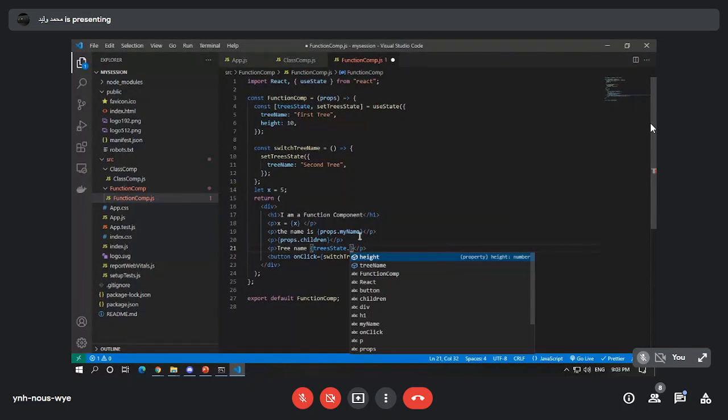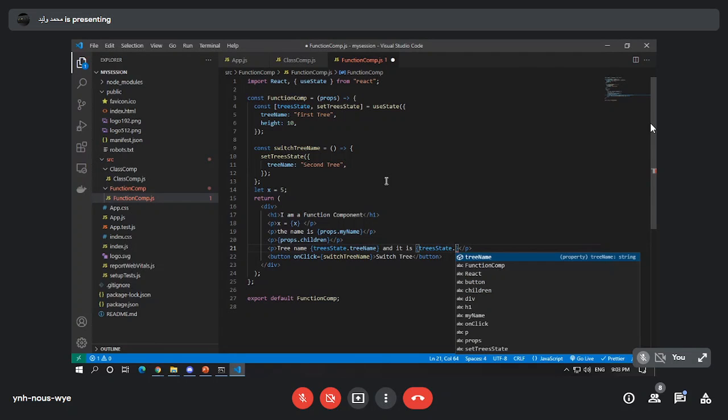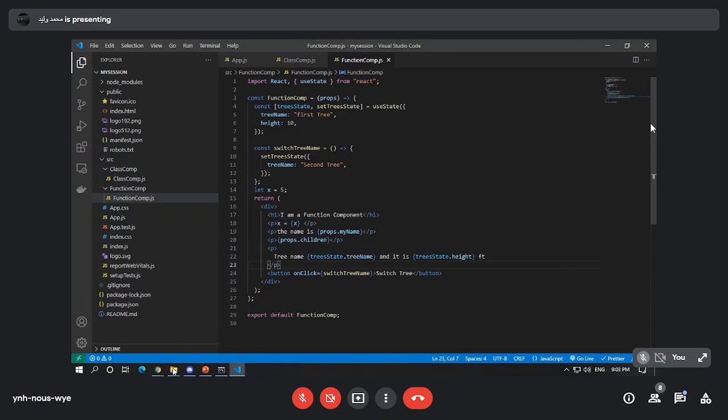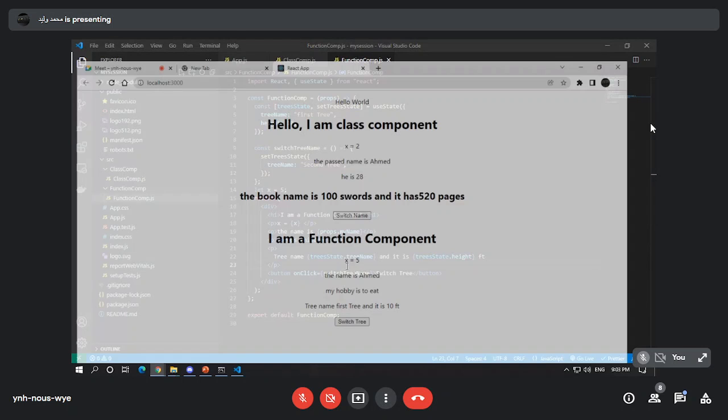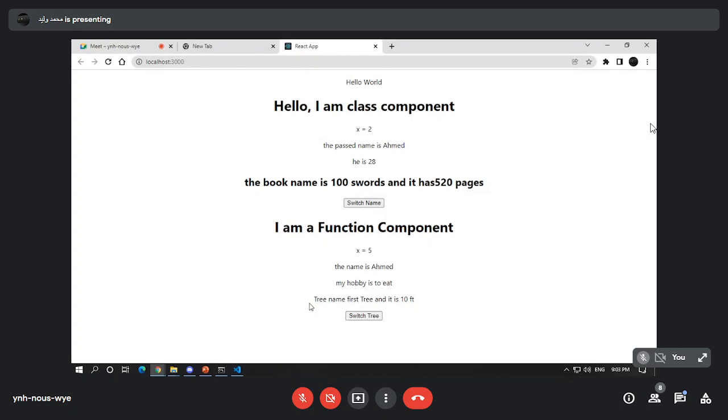Then I have to choose whatever I want. Let's choose here the tree name. And let me pass here the height, trees state dot height, let's say foot. Okay. Now I can see here that, yeah, tree name is first tree and it's 10